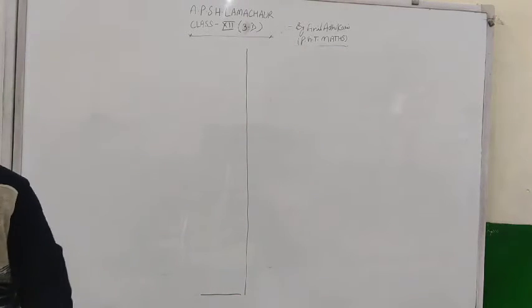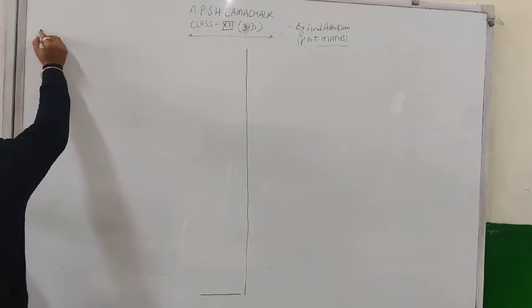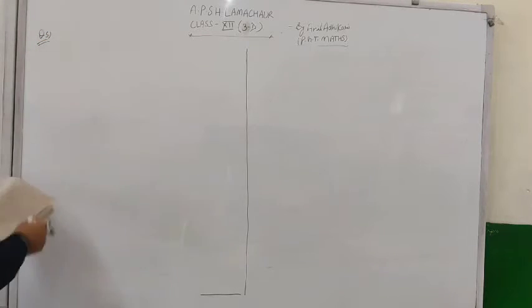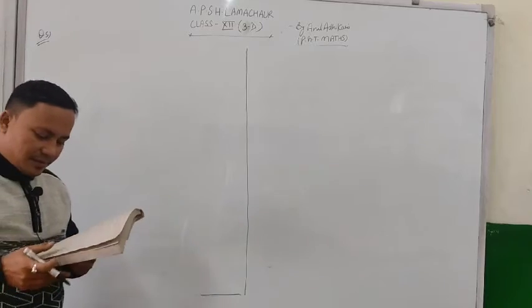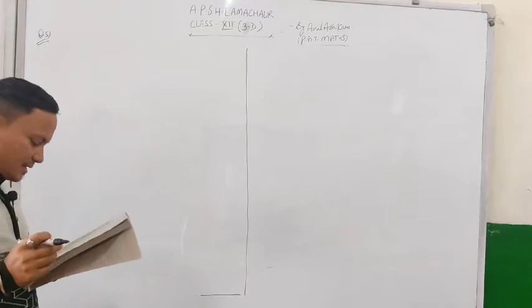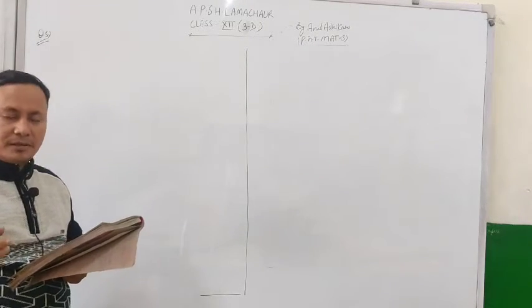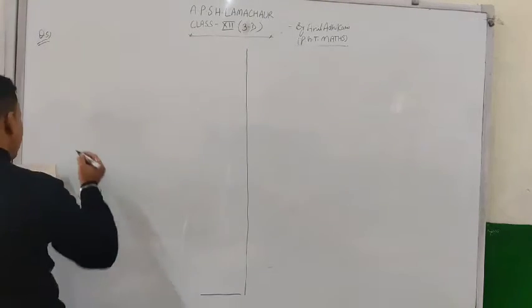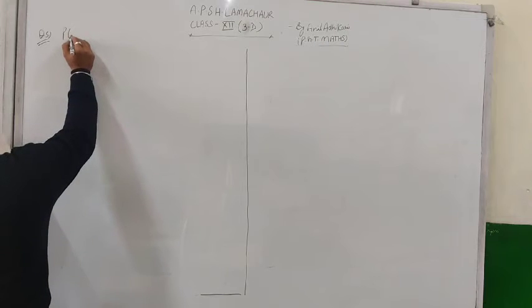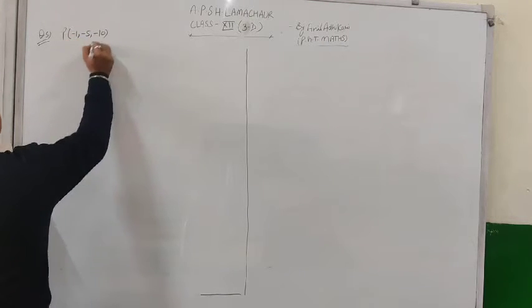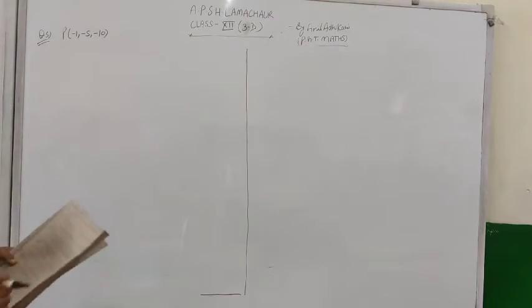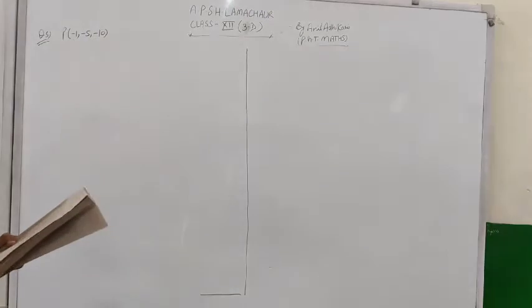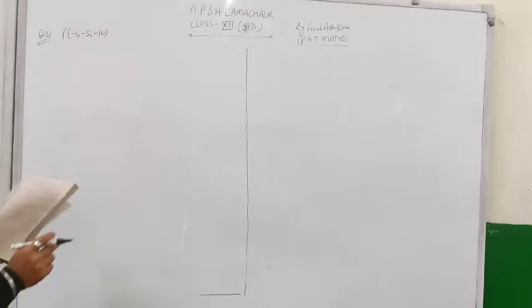Okay, next question number 5. Question number 5 is to find the distance of any point from the point of intersection of a line and a plane. Very important question. What we have to do here is find the distance of a point whose coordinates have been given as -1, -5 and -10. We need to find the distance of this point from the point of intersection of the line.